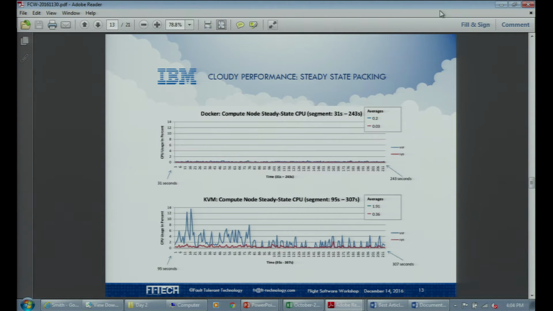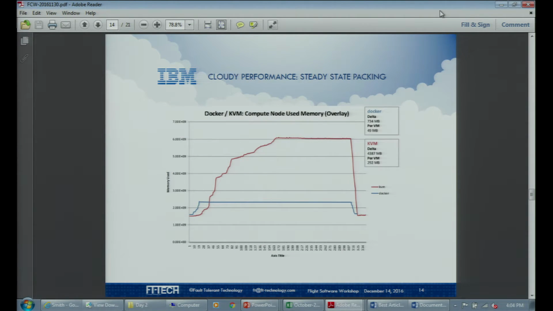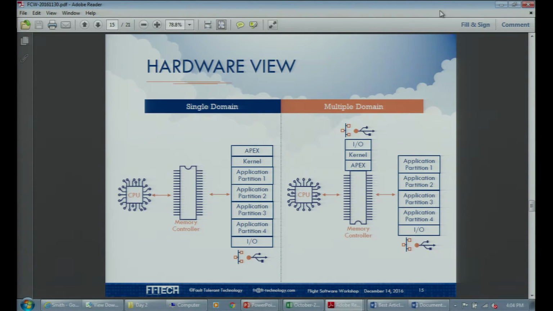Here's one, a comparison done by IBM, and what they did is they took 15 partitions over a period of 5 minutes, and this includes startup and shutdown. And containers were 9 times faster in the user mode and over 100 times faster in the kernel mode. And it uses far less resources. So in general, it's just a lot more efficient. And the reason is that